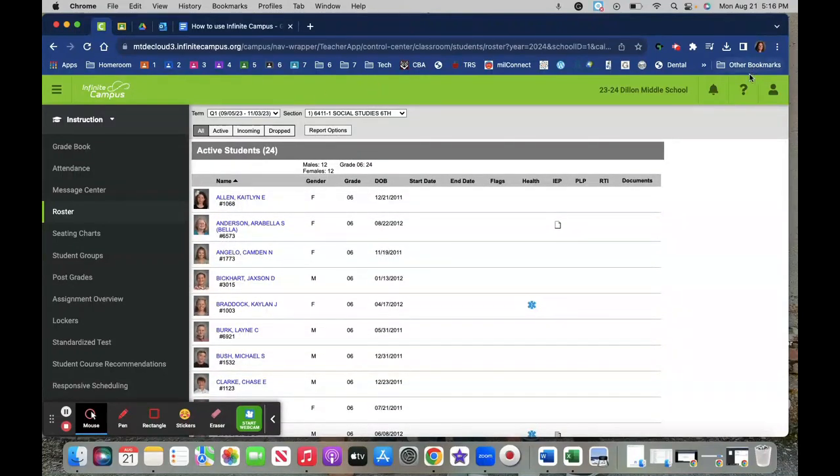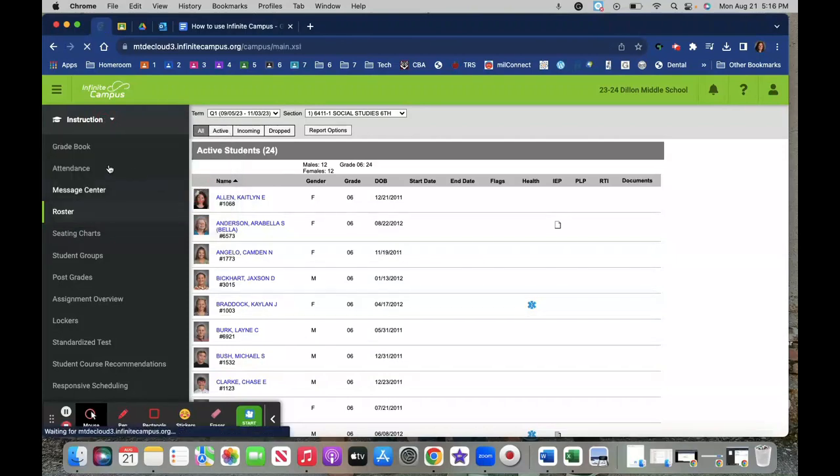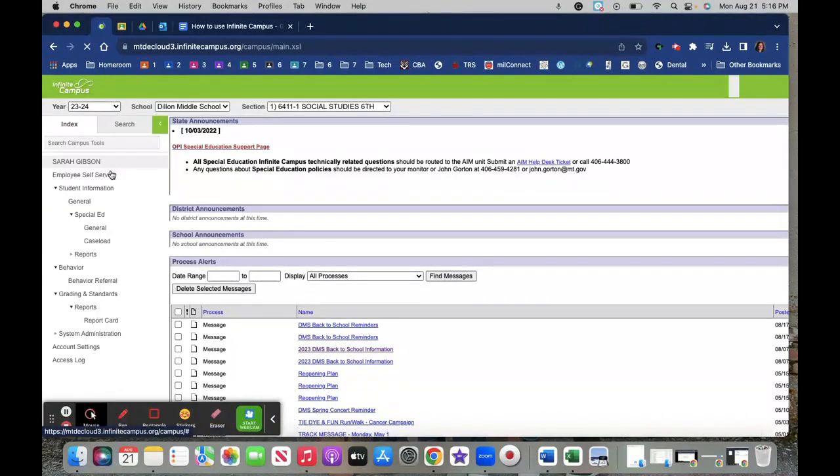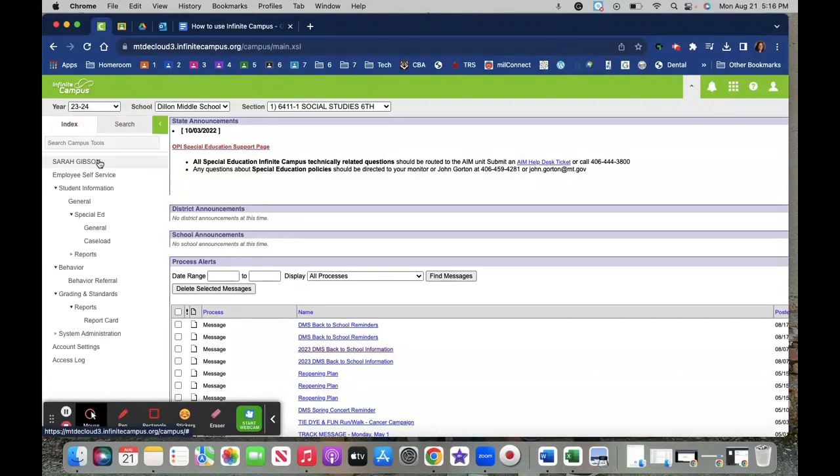And then the last thing I would like to show you are the campus tools. So I go over here to campus tools. There are a couple of things that are very helpful. Like you can go into special ed and look at general and access the IEPs that way as well, or 504. And you can also just do a general search for students over here. If you want to type in a last name or the beginning of the last name, you can just do a general search for information, which you can also get from the rosters. There's more than one way. This is the only place that you can